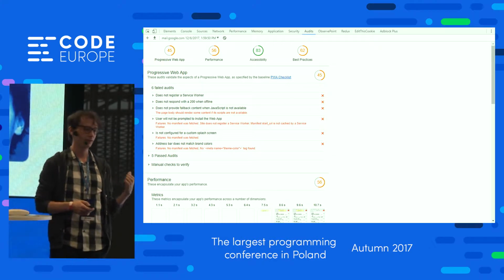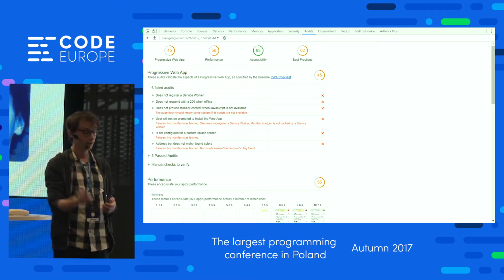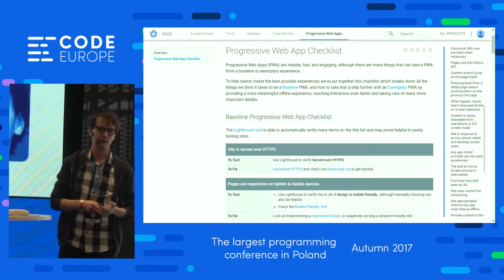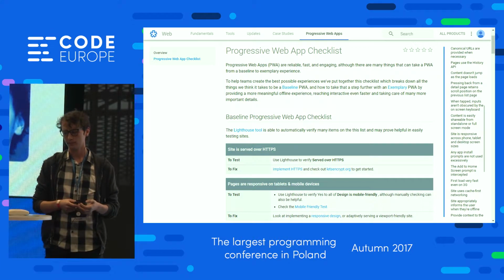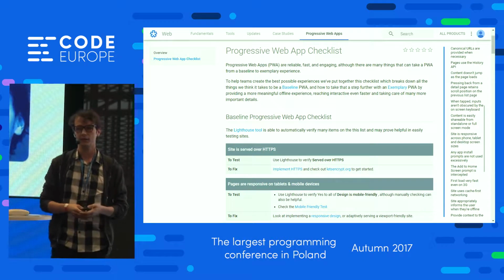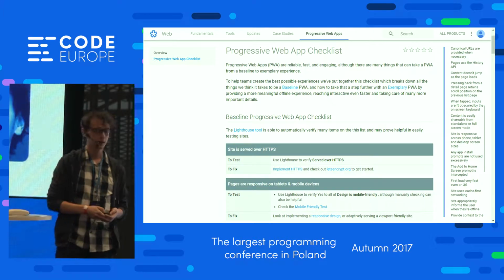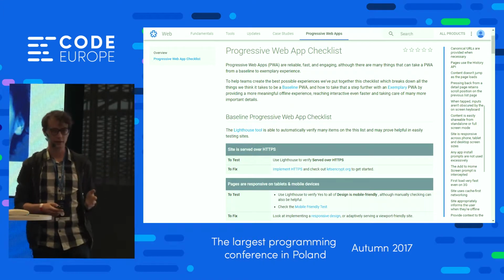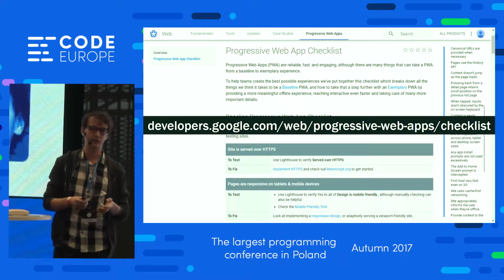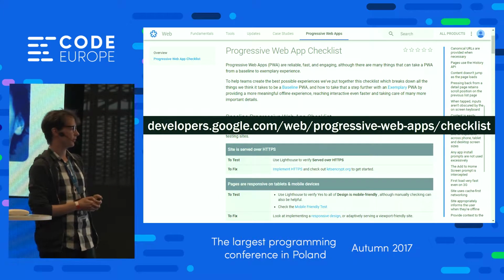But the issue with Lighthouse is that it doesn't check all progressive web application functionalities. And this is stated directly on Progressive Web App Checklist by Google on Google's developers portal, that some of those items on the list cannot be checked automatically by Lighthouse, which means that you will have to do it on your own. And we will do exactly this today. We'll go through Progressive Web App Checklist, which is divided into baseline checklist and advanced checklist with optional items you can include in your progressive web application, and